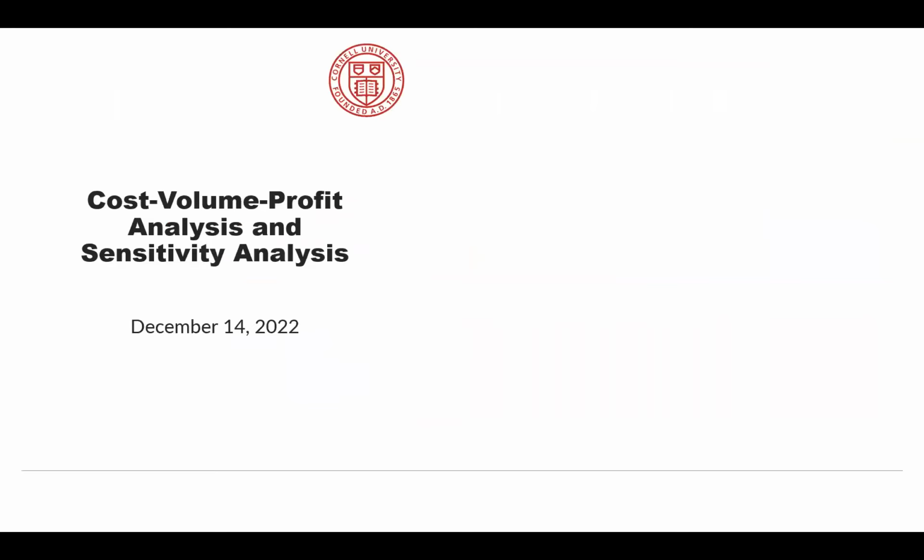Good. So tomorrow we're going to be actually getting back into more of the financial metrics. We're going to be talking about cost, volume, profit analysis, and doing sensitivity analysis in order to figure out, if we have our financial information, how we can make adjustments and maybe increase our profitability either through changing costs or changing volume. And then the next day after that, we're going to look at some of the capital budgeting techniques, how to calculate internal rate of return and also net present value.